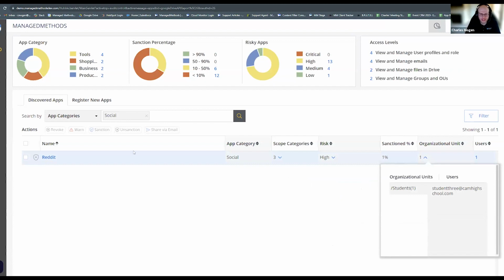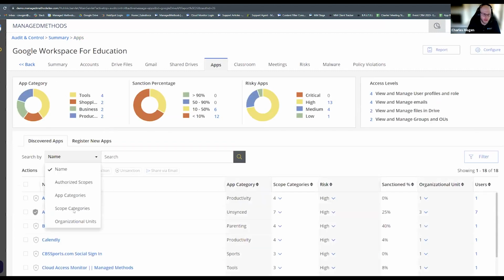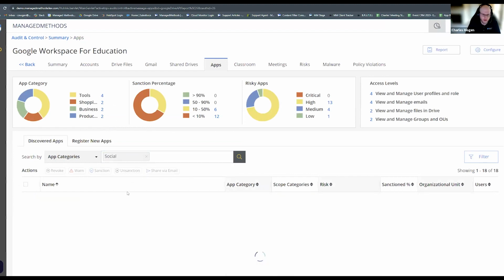So that's where you can use categories like social to track things down, look at the applications that way. You can even click into the application itself, and a lot of times we'll provide a description of what that application is, with a hyperlink back to Google, back to wherever the application may have originated from. But very important there as well is we have the ability to go through and break the connection, so that OAuth token connection can be revoked. That'll be a one-off breaking of that OAuth token permission, but then we can continuously break that moving forward via